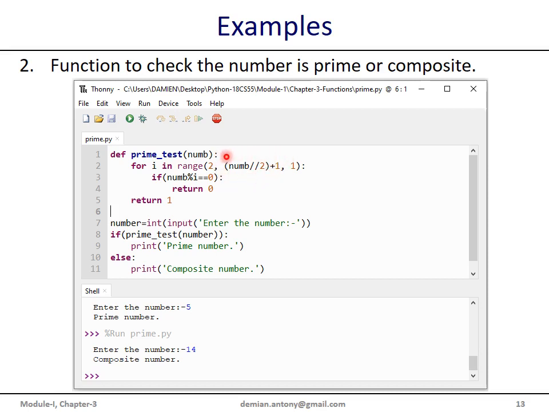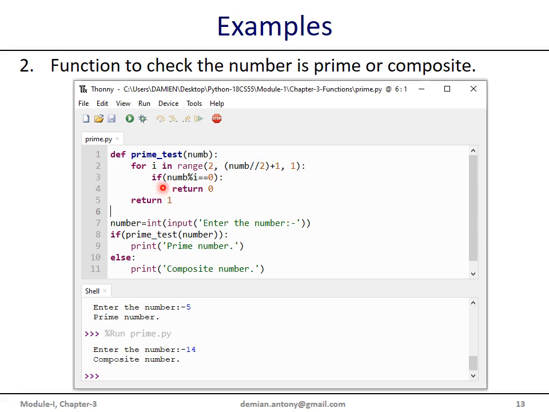Since we use the range function, we need to have one more number there. This is the integer division, n by 2 plus 1, so that this for loop will be executed up to n by 2 with the increment 1.